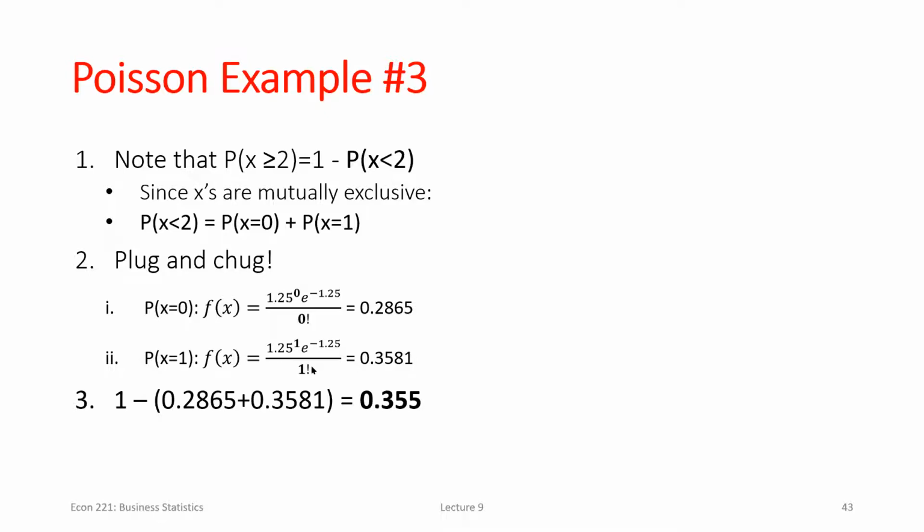Just because I plug these values in doesn't mean you have to enter exactly in your calculator what you have here. If you see these things that are just equal to 1, you essentially can ignore them because they're not going to change anything, right? Also, be careful when you're doing this, it's to the negative lambda. Okay? If you forget that negative sign, well, you're probably going to be able to figure out you forgot the negative sign